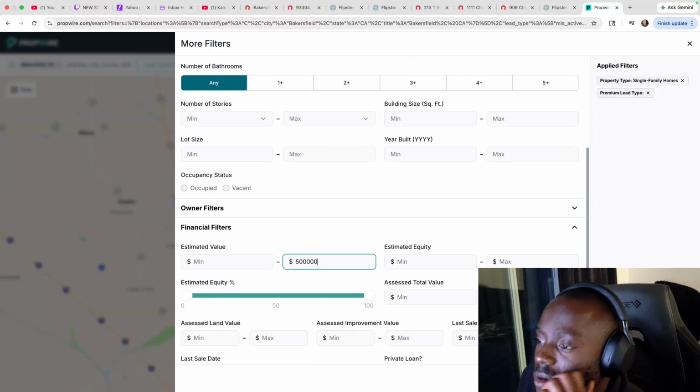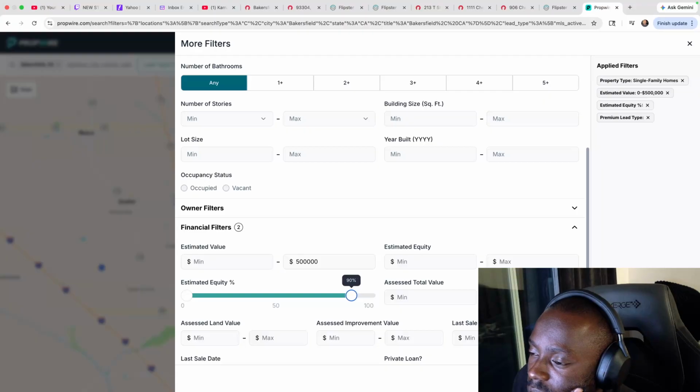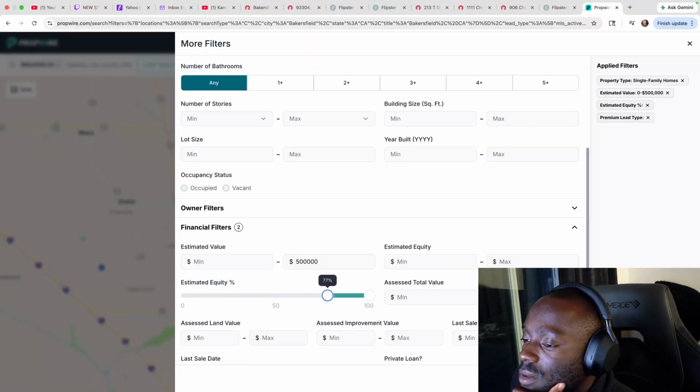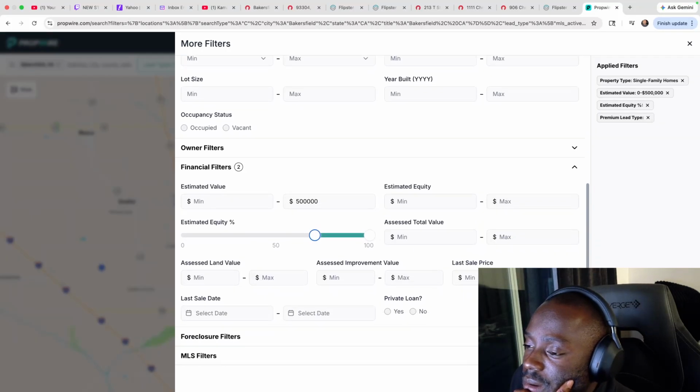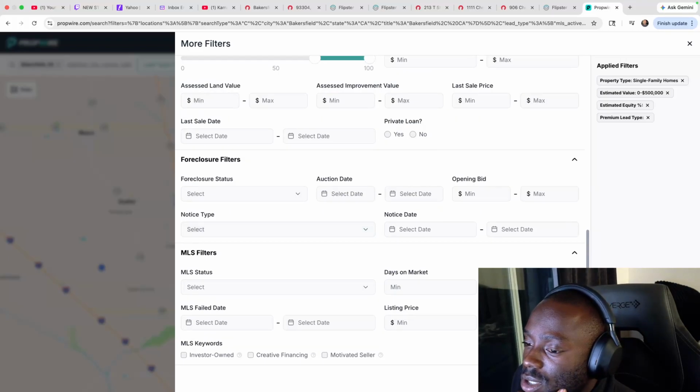And we don't want to do the estimated equity in cash. We want to do it in percentage. We want anything, you know what? Anything between, you know, no, we only want 90 to 100. No, let's go maybe to 70 because there might be other deals in there other than free and clear. We could get foreclosure homes. I don't mind. You got to be able to talk foreclosure language.